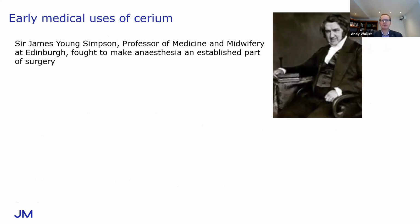So a couple of applications already. We'll now move on to some medical uses of cerium, starting off in the early days and working our way through. And here again, a little bit of poetic license just for an interesting human story. Sir James Young Simpson, who was Professor of Medicine and Midwifery at Edinburgh, did a lot of early work on anaesthetics and really spent a lot of his career driving the importance of anaesthesia to get it incorporated into surgical procedures. And you can see from his title on the midwifery side, quite a strong focus of that was on giving birth and